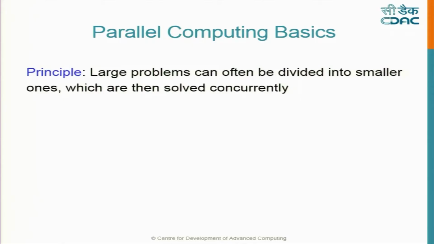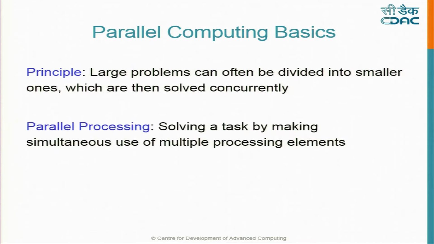So what is the solution? You look at this problem and ask, can it be divided into smaller problems? And if you have a larger number of compute elements, can you run on them concurrently? If that can be done, then we are doing what is called parallel computing. That is the basic way in which we try to use parallel computing to solve a large problem, but we need to see whether that problem can be broken down. I've written "often". It doesn't mean any problem can always be broken down. Some problems are inherently serial, which cannot make use of parallel computing, but a large set of problems are of this nature. That is the principle on which parallel processing works.